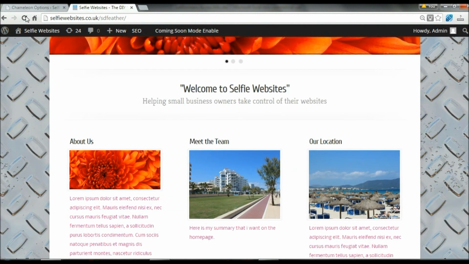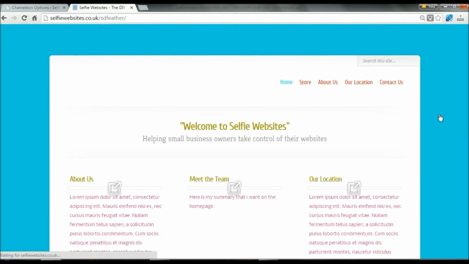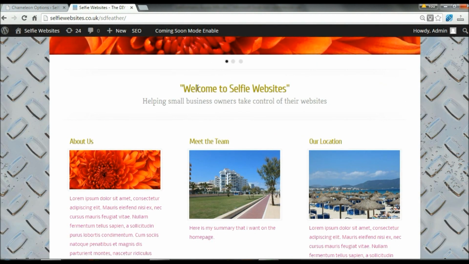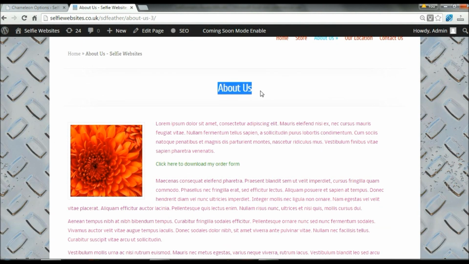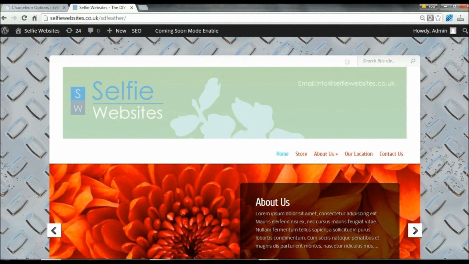And let's go back to the front end of the website and take a look. You'll see that the headings on our website have now changed to that dirty yellow colour, and if we click through to one of the pages themselves, you'll see that the heading colour also appears on the actual page title as well. So hopefully that's given you some really good guidance and advice on how you can customise the style